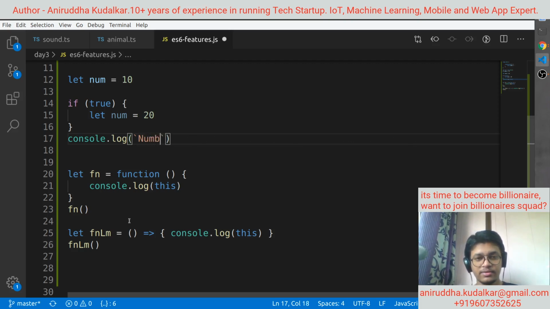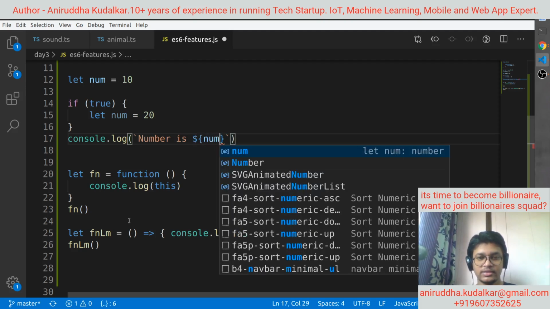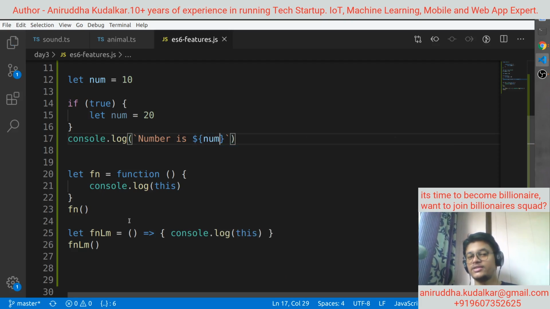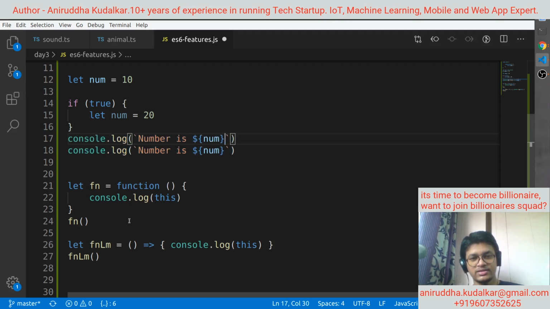I'm saying number is, you can say dollar brackets and the num. So instead of concatenating, earlier you were doing something like this. I'm removing the backticks now, just single quotes, here also single quotes.